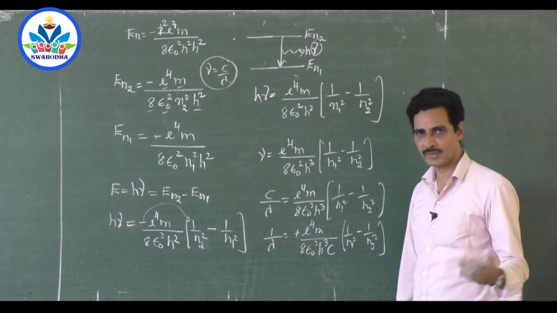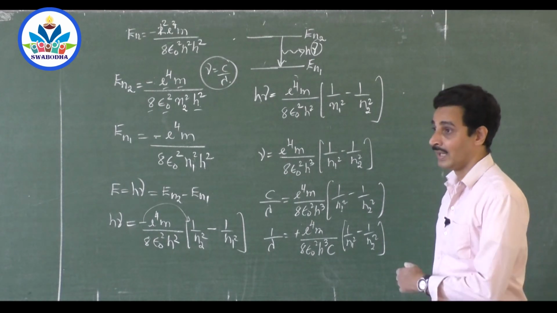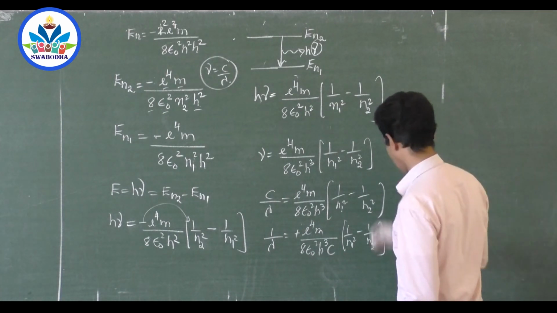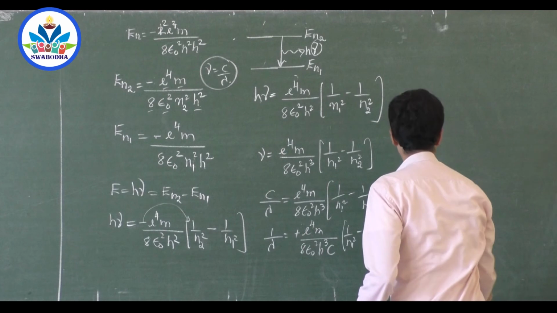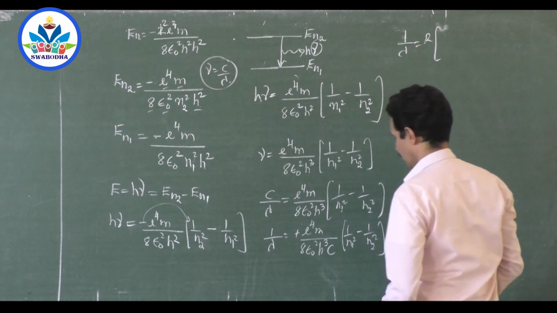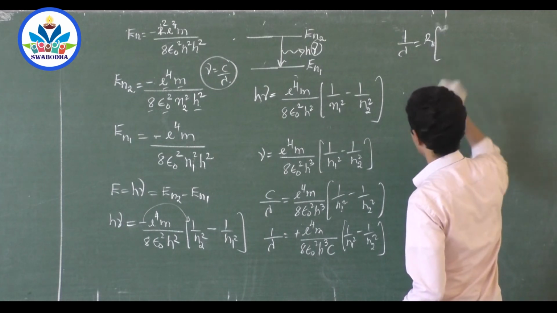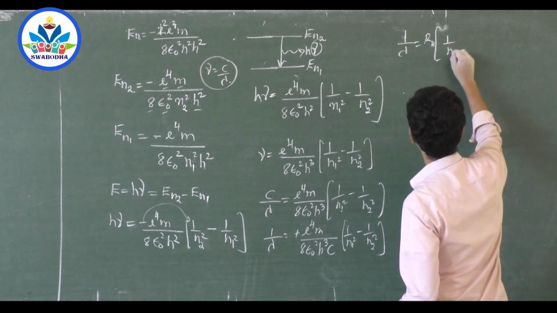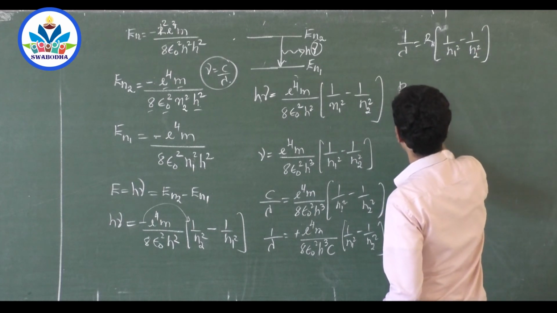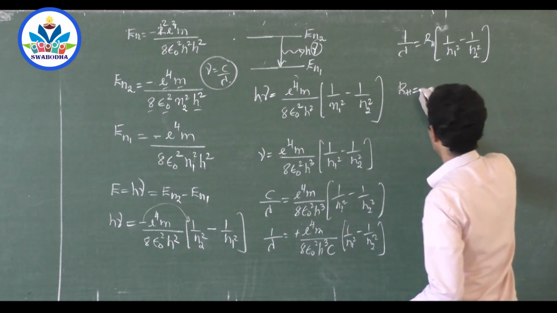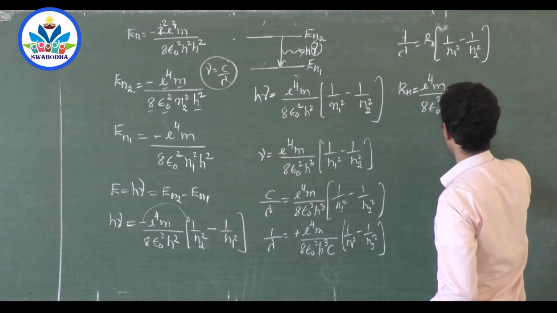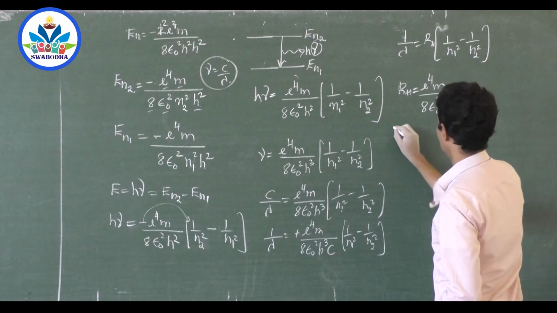Only epsilon naught, 8.854 into 10 to the power minus 12. Substitute all the values and put it as a single constant. What is the answer? 1 by lambda is equal to R into RH, I will write RH for hydrogen, 1 by n1 square minus 1 by n2 square, where RH is equal to the whole constant, e to the power 4 m divided by 8 epsilon naught square h cube c, and it is equal to